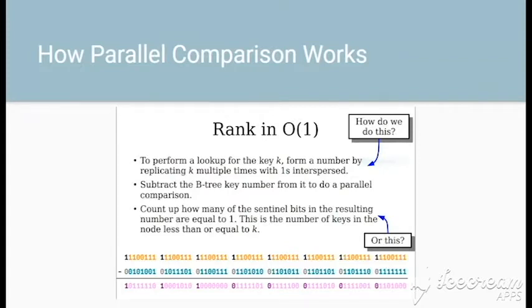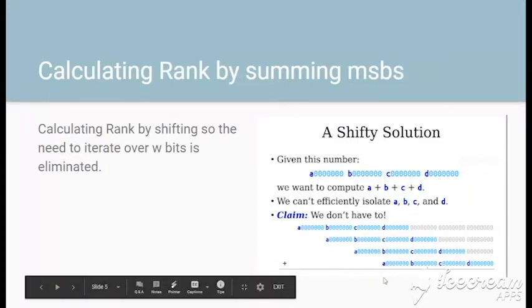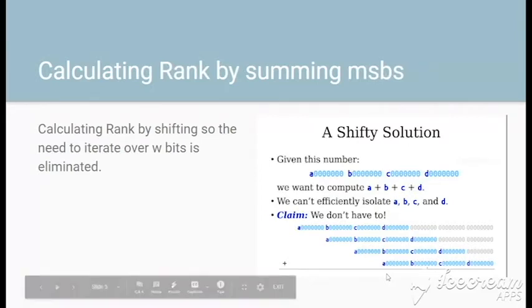So once this comparison is done, we need to sum the MSBs to determine what kind of rank it was. The rank will determine whether the value has to be inserted into a node or not. So one would iterate over this w bit long array, but we shouldn't be doing that because that will just increase the time complexity and we don't want that. So we'll use this shifting technique. We move w bits to the right hand side so that all these MSBs are aligned together, and then we sum them, and that sum is called ranking.